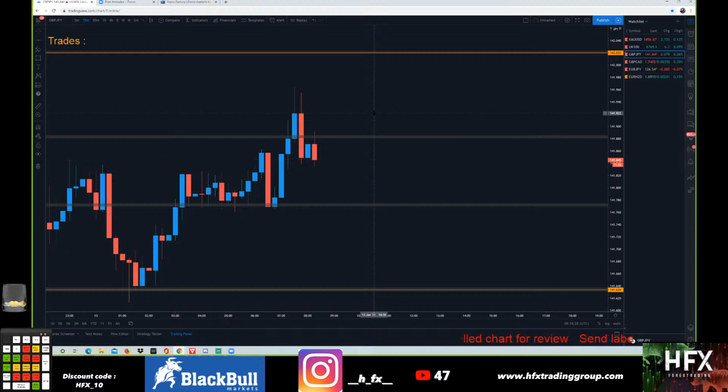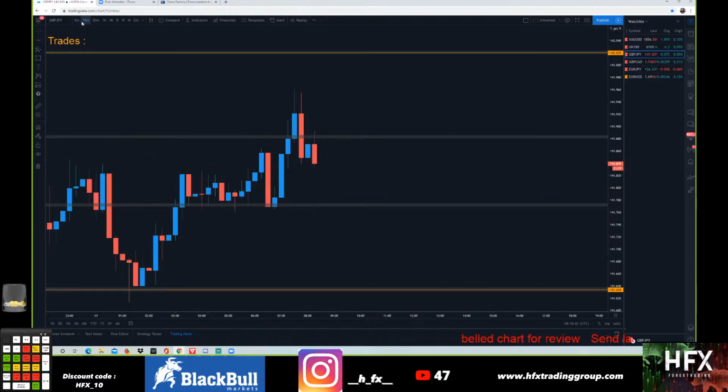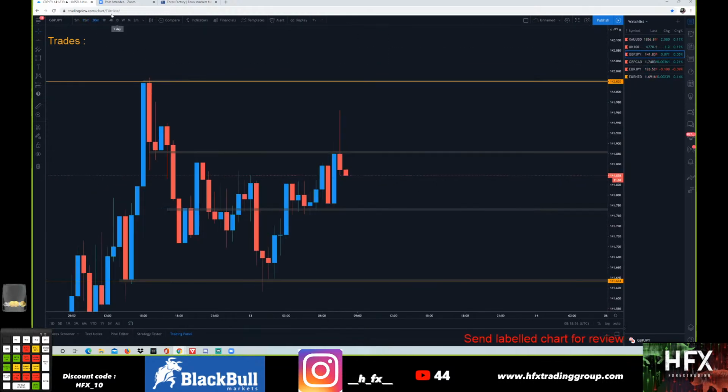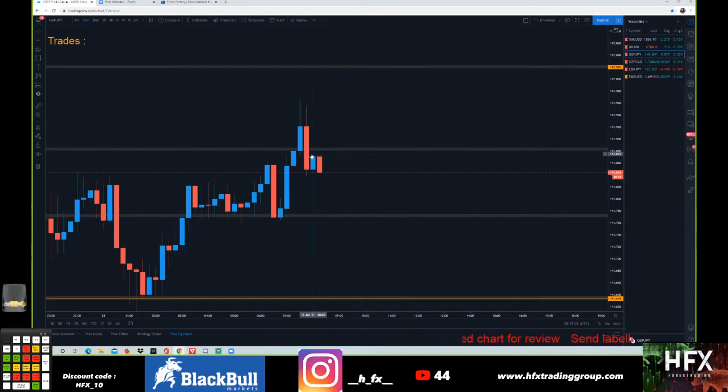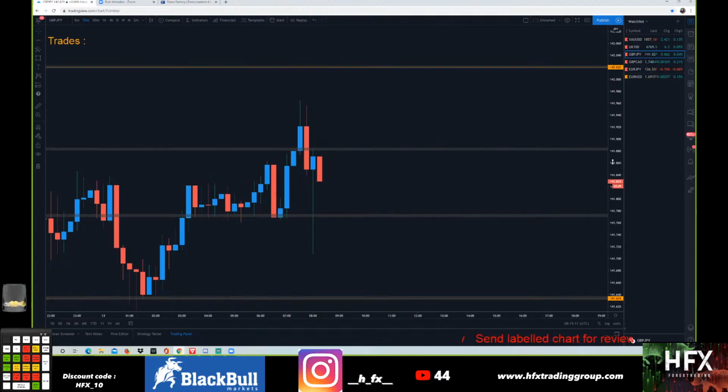I mean, even when you look at the 5 minute time frame, it still respected that support. I'd see it as a liquidity grab, because it still closed within the support. It'll be interesting to see how we react to that resistance that we created. Yeah, I mean, the thing is, when I'm so focused on the bullish bias, sometimes you forget the little indications that price is going to give you that there's going to be some form of reversal, or the indications price is going to give you that maybe it's not going to, in effect,